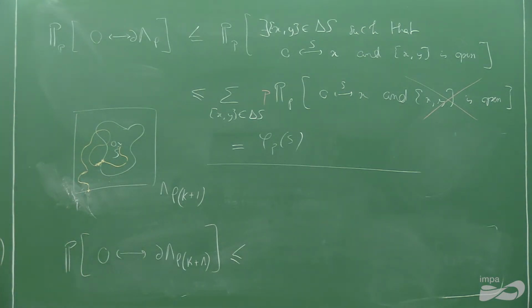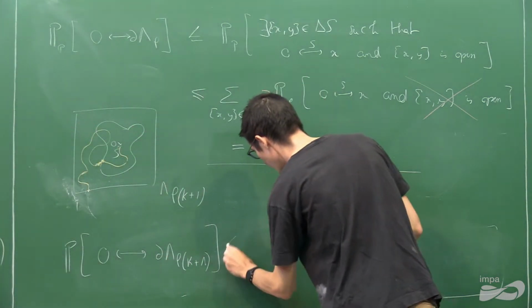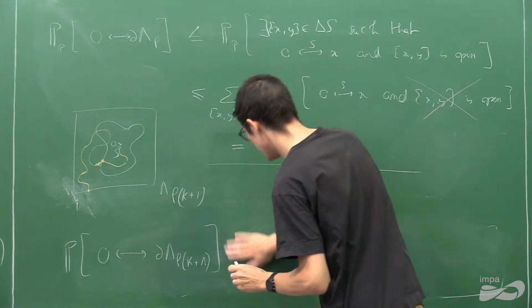It's not Y is connected to the boundary in the complement of S, because it can visit S back. So this is important. But it's Y is connected to the boundary disjointly from the fact that 0 is connected to X. So if you want, this thing is smaller, or it's actually equal,